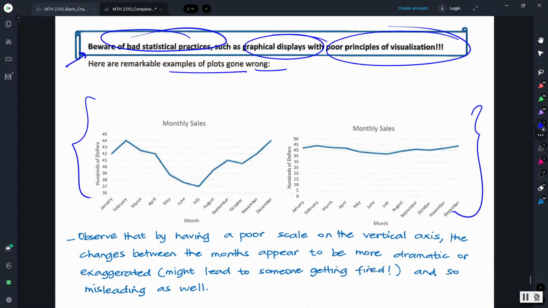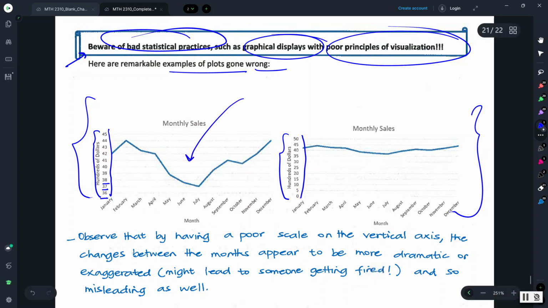What do you think? If you look at the y-axis here, this is 36, 37, 38. These numbers are very close to each other, whereas these tick marks are in jumps of fives. If you represent the monthly sales this way, just because the numbers are so close to each other, somebody might be getting fired here. So this is a dramatic and over dramatic representation of the data, as opposed to representing the same data in